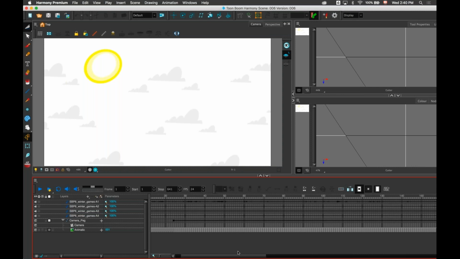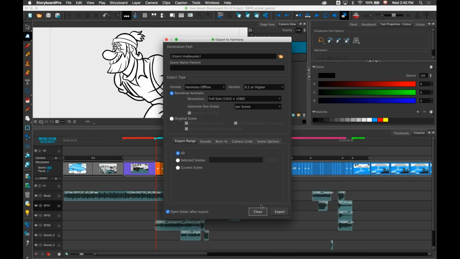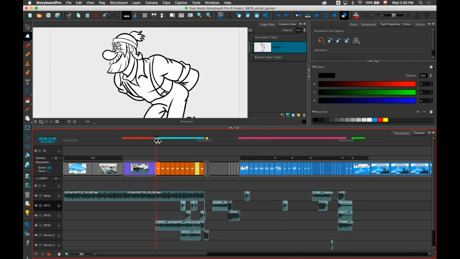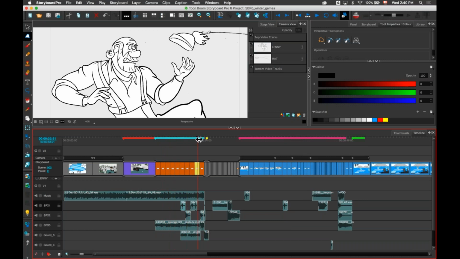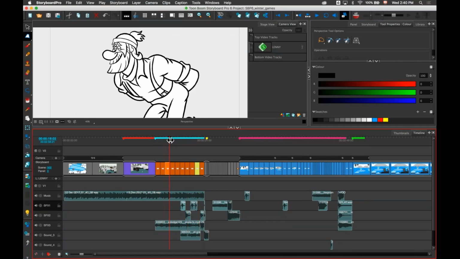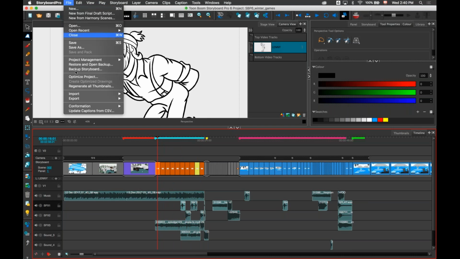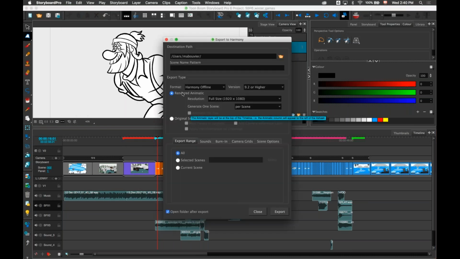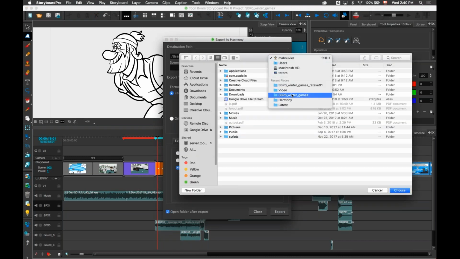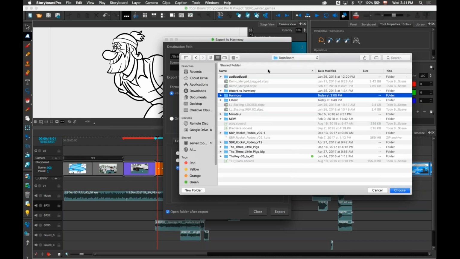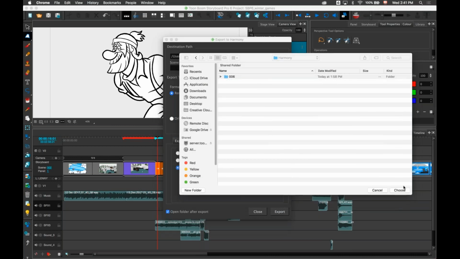But now, if you don't have any motion on the panels, so for example, I have a couple of panels here. There's no motion, it's just static images that are held for the duration of the panels. I can export this to Harmony, and then I will render the animatic for the current scene, and I want to export this to my Harmony folder right there.